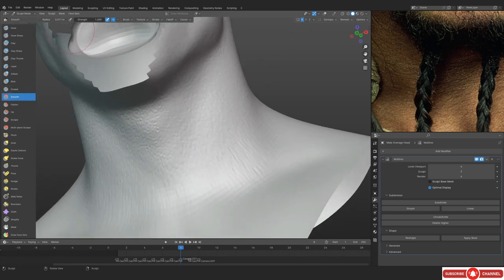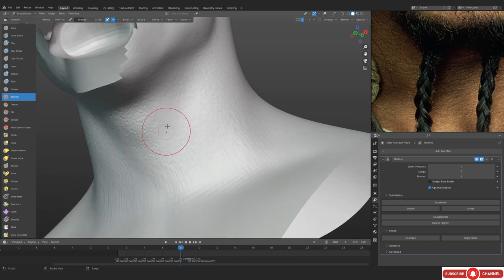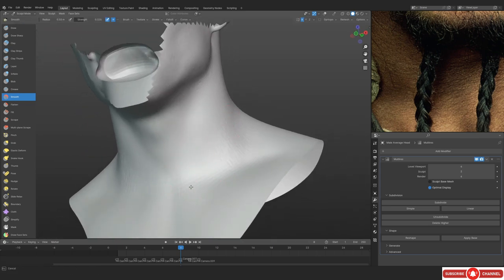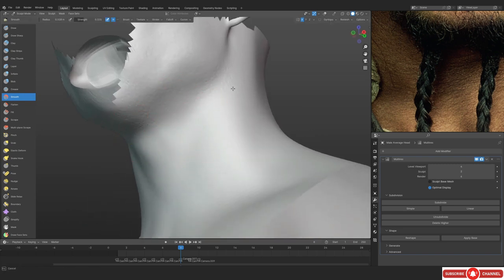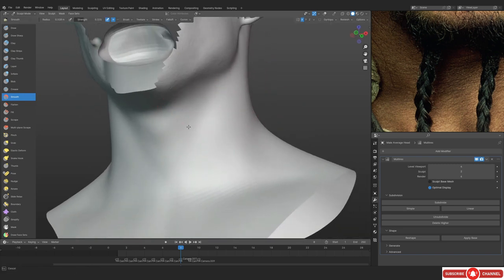And now we are gonna be smoothing some of the stuff out. And the reason that I'm smoothing stuff out is because I think the intensity was a little bit too much. So you can see that in order to decrease the intensity, you can actually do that. So in the second subdivision, I've smoothened everything out. And if I were to just go into the higher subdivision now, you're gonna see that the intensity is gonna be decreased.